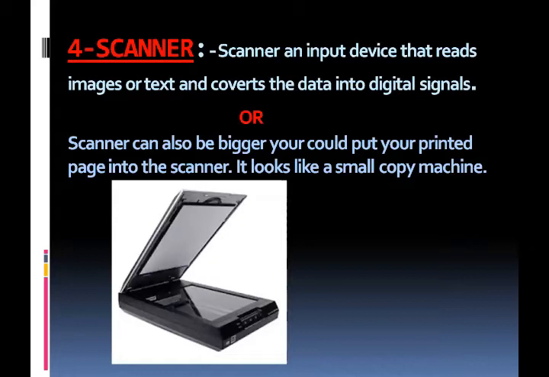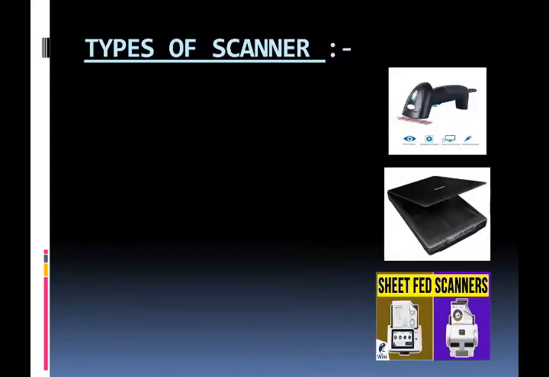Barcode scanners, as used in stores, convert barcodes into digital information. Scanners usually come with software, such as the Adobe Photoshop product, that lets you resize and otherwise modify captured images. Some major manufacturers of scanners include Epson. Some most common types of scanners are handheld scanner, flatbed scanner, and sheet-feed scanner. First one is handheld scanner.